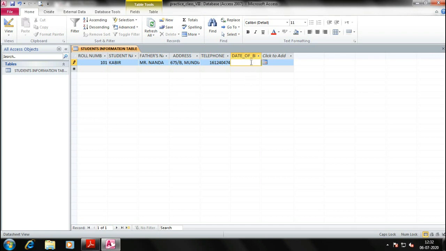Now date of birth, I told you it will show you the calendar, so you have to select it, but there is one problem: you cannot select the years easily. It is very difficult because this is 2019-18, and you have to go through all 12 months there. So the easiest way to write it in a simpler form is to select any date.